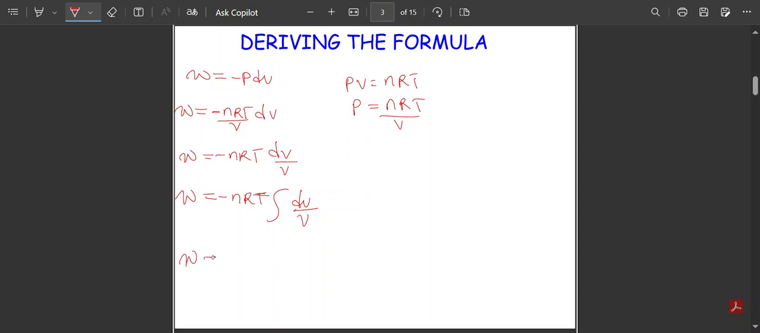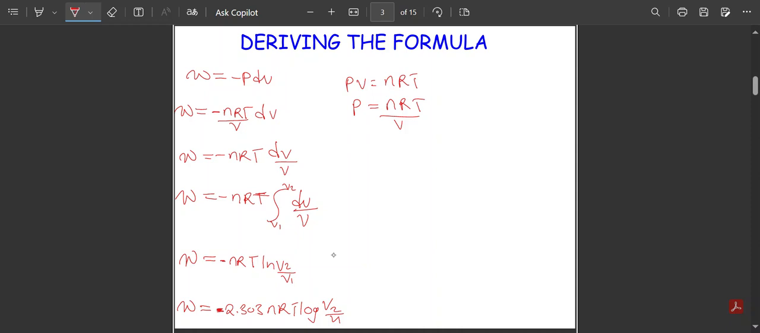This can be written where this is V2 and this is V1, that's the ratio we should have there. So we say negative nRT, and when you integrate this, it is the natural log of V2 over V1. So this is the formula that we will be using. When we want to use log instead of natural log, we say negative 2.303 nRT, then log